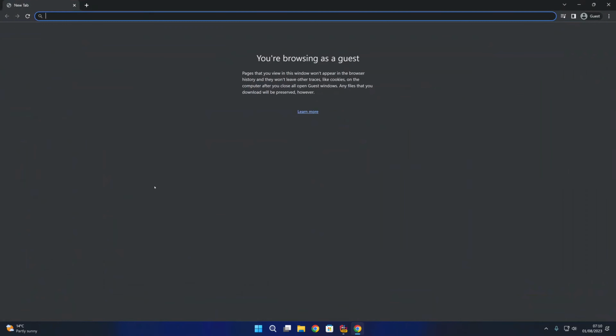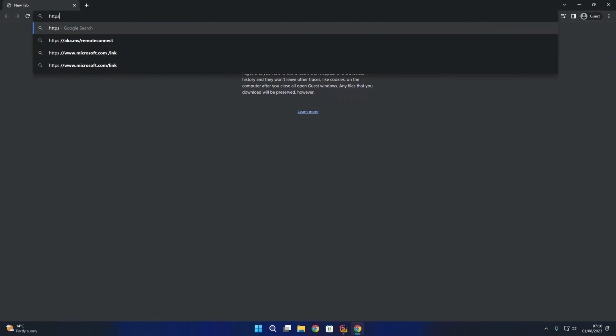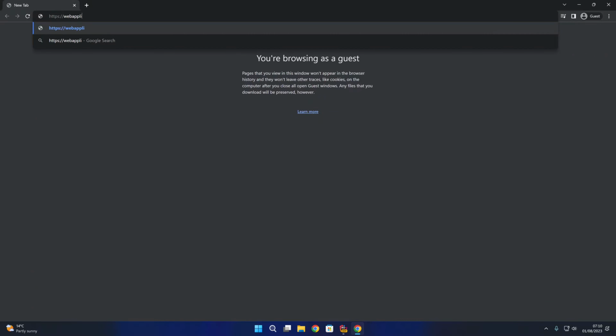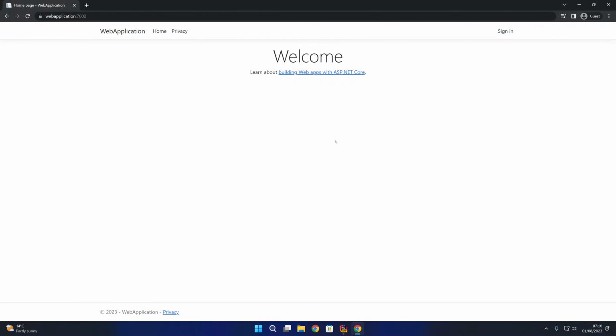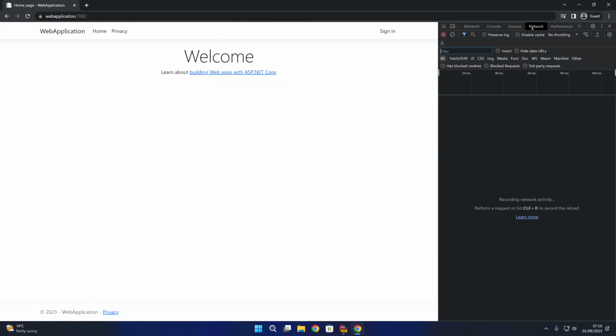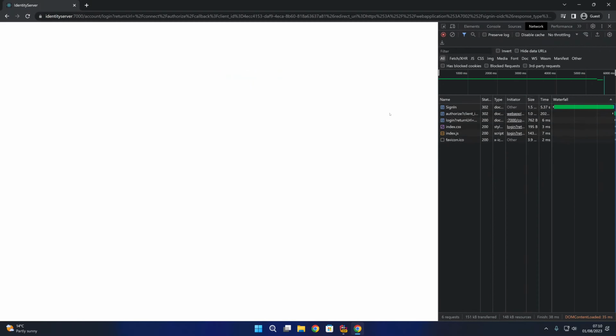So if I come here into our browser window, and go to HTTPS web application, and then port 7002 like so, you can see that I have here our ASP.NET Core Razor Pages web application. I'll open up the network tab like so, and if I hit sign in, give that a few moments to load. That is now going to redirect off to Identity Server, and you'll notice that we're now redirected to Identity Server